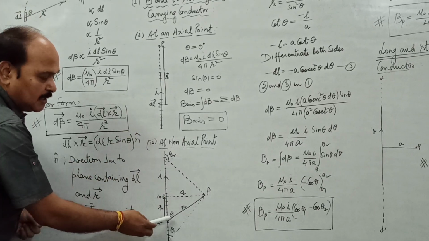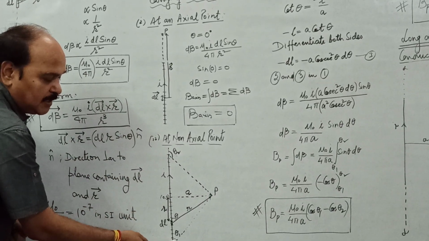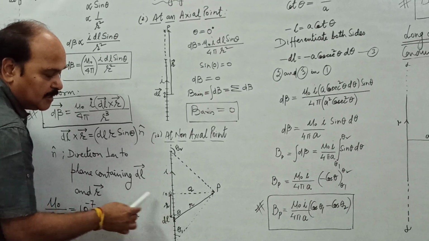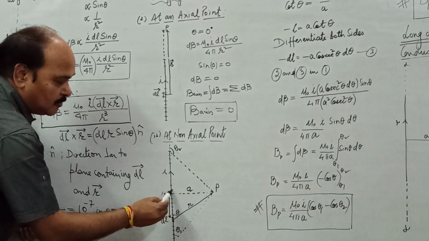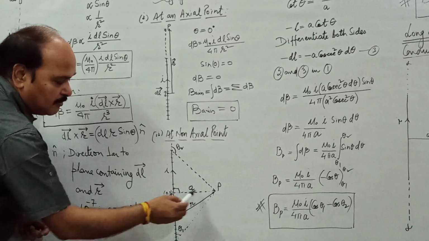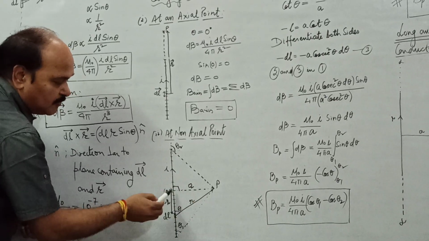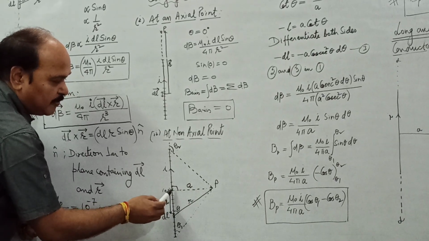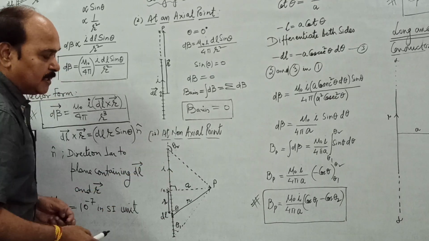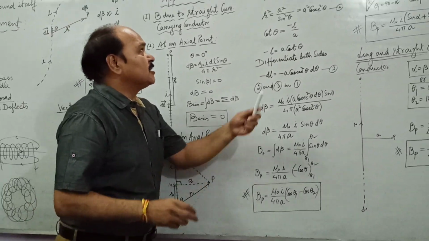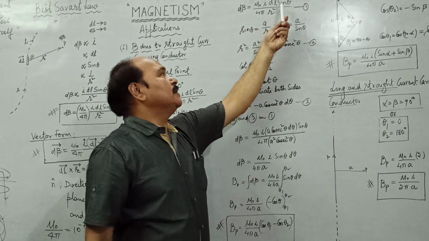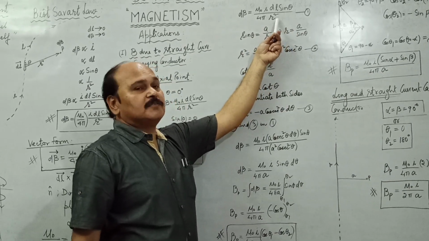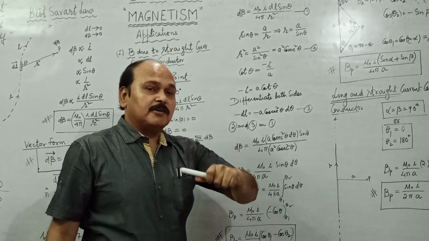What about this angle theta? This angle theta is small, but as you move from here to here, the angle theta increases, and this angle theta becomes what? 90, as this is the perpendicular drawn over the wire. This is the shortest separation, and beyond this, the angle becomes what? More than 90 degrees. So in this expression, dl is a variable, theta is a variable, r is a variable. There are three variables, therefore we cannot integrate it.